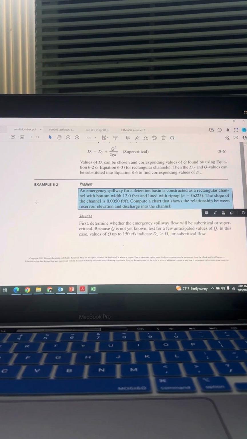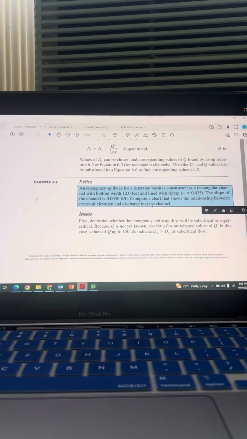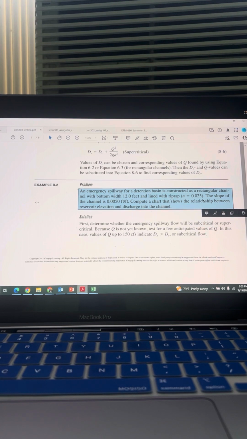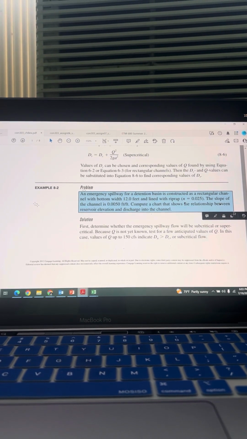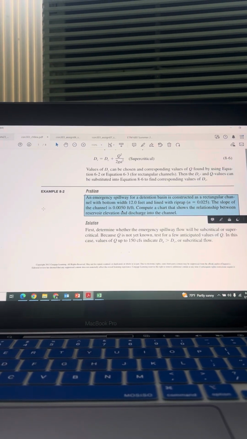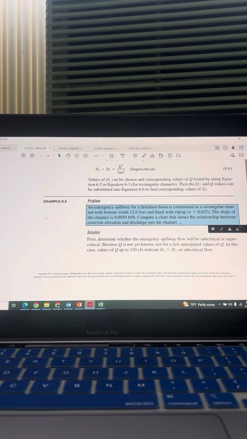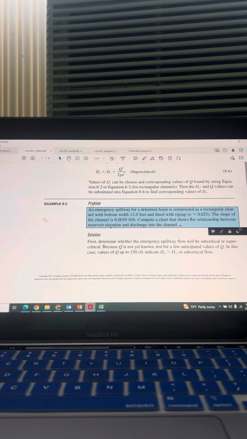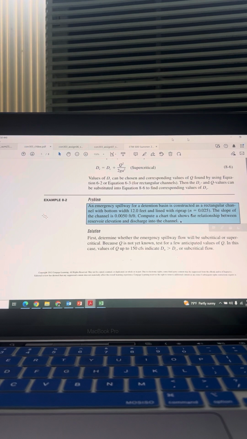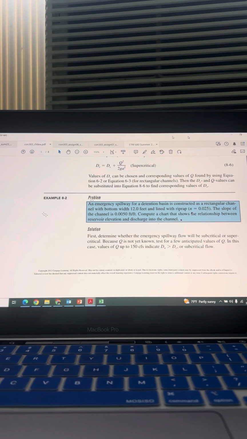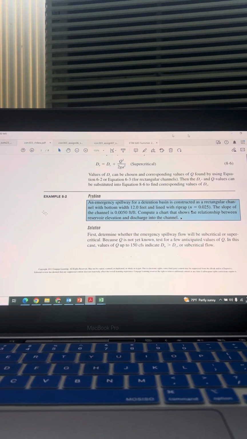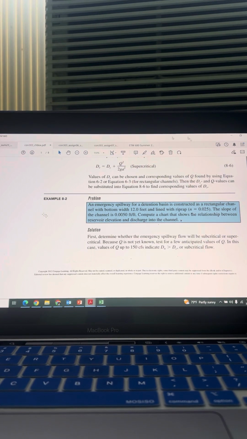constructed as a rectangular channel with a bottom width of 12 feet lined with riprap. N equals 0.025. The slope of the channel is 0.005 feet per foot. Compute a chart that shows the relationship between the reservoir elevation and the discharge into the channel. So what that means is we want to do, for different Qs, what is going to be the elevation in